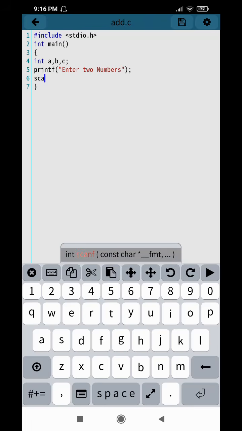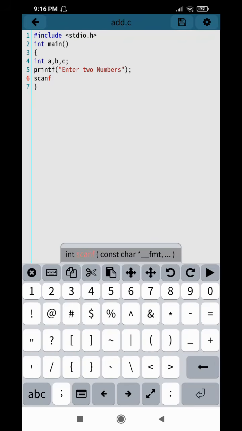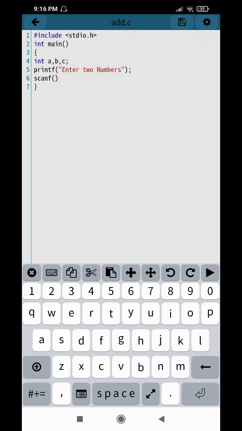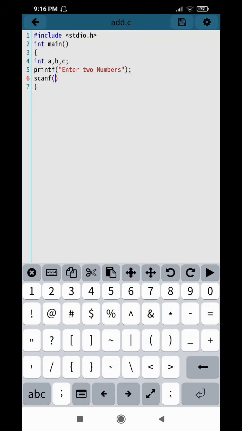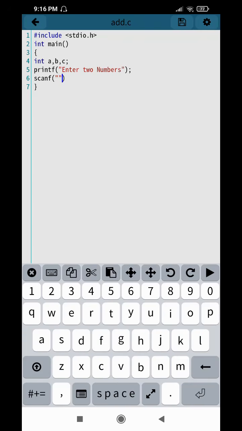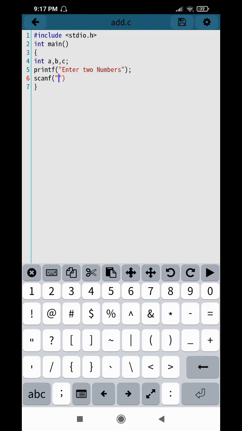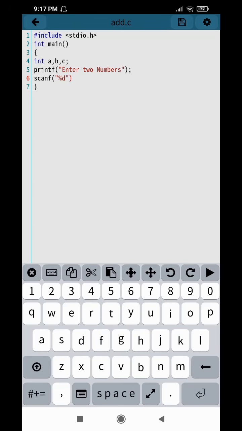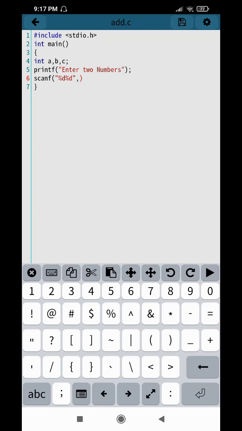Scanf, open and close parenthesis. Within the parenthesis, I am giving a double quotation. I have to give a format specifier, as I am supposed to get two integer numbers. Percentage %d is a format specifier, so I am giving 2%d to get two integer inputs, and after the double quotation I am giving a comma and ampersand